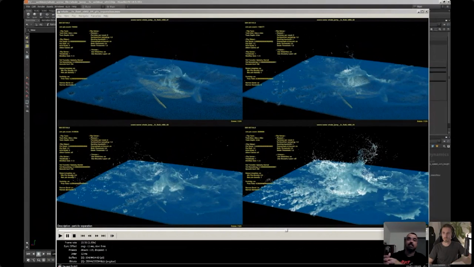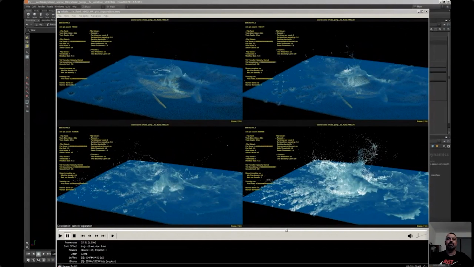You can immediately see the storage space and the simulation time, and understand how complex this simulation can be for you when you are doing it at home. Do you have enough storage? Do you have enough memory? On Windows, Houdini uses more memory. On Linux, it's a lot easier to simulate. So for example, with this simple particle separation, we can immediately see